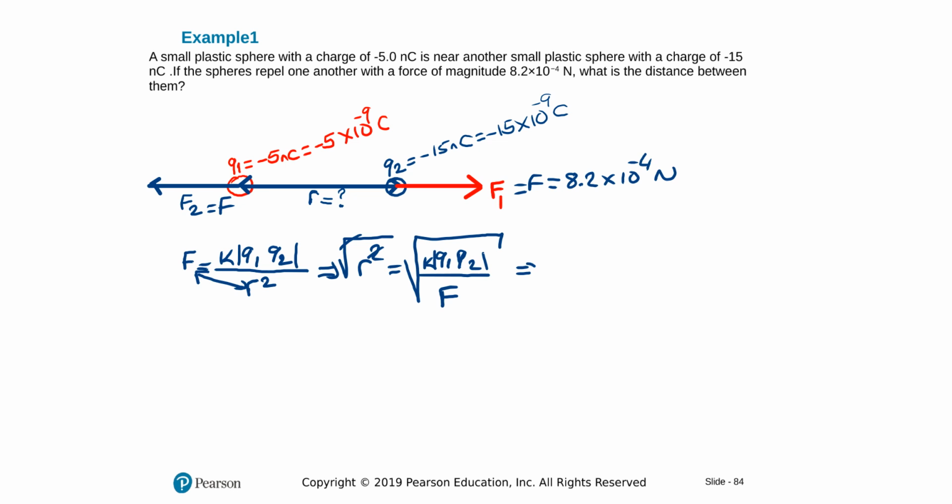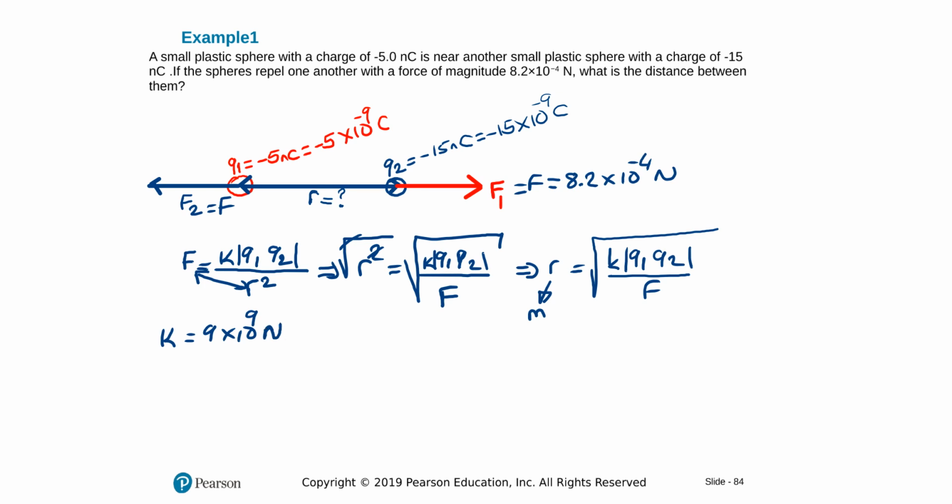So R is equal to the square root of K Q1 Q2 over F. I'm not going to put any sign, I'll just put the magnitude of charges and the magnitude of force. If everything is in SI units, your result for the distance will be in meters. And the constant K is 9 times 10 to the 9